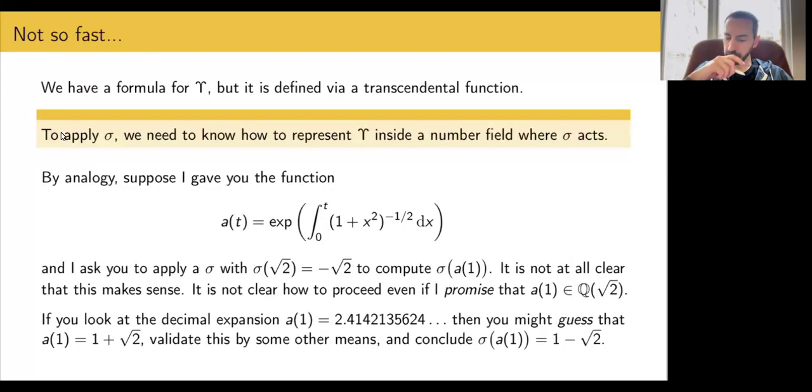So a strategy that you might pursue is, well, okay, if you've promised me that it's algebraic, what I'll do is I'll sort of write out its decimal expansion. I'll try like a guess and check. Okay, so you write it out and you're like, okay, a of 1 is,